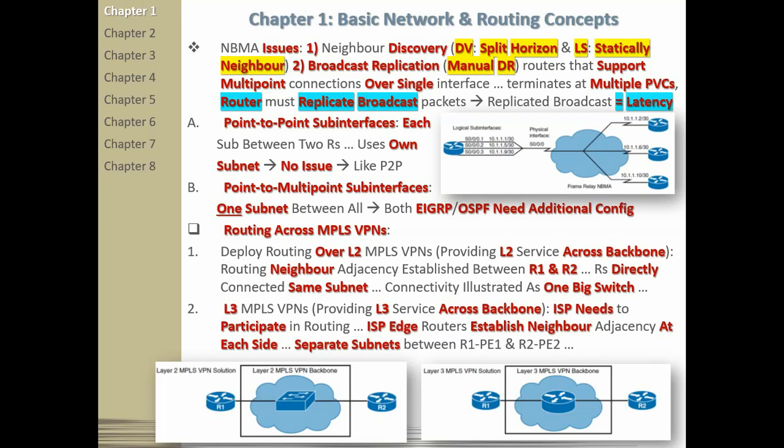Link state routing protocols also have problems with NBMA. OSPF treats NBMA as Ethernet, so it treats a non-broadcast network as a broadcast network. Therefore, you need to intervene and statically define neighbors for OSPF. Then we have broadcast replication, and we have seen in the previous example, we need to set manually the designated router, DR,